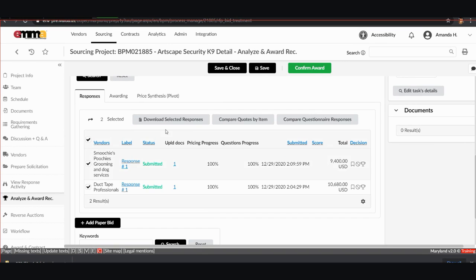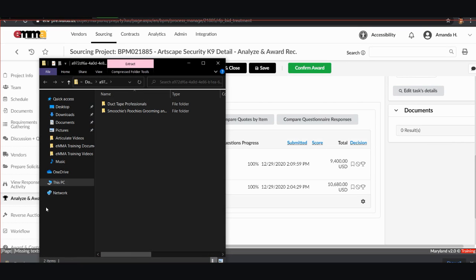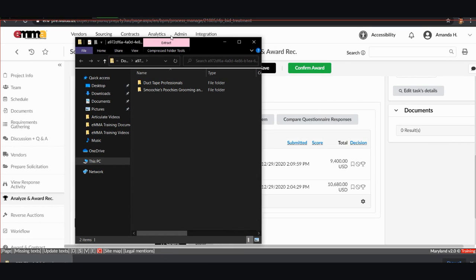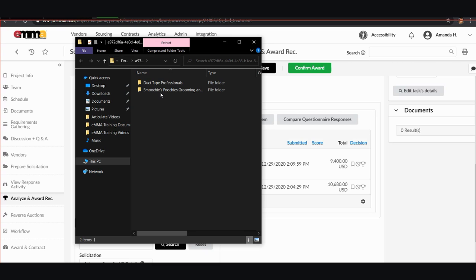So you'll notice once I clicked on this button, a zip drive of the selected vendor responses opened up. When I click on that, it opens a window and it created a subfolder for each vendor. If I double click on one of them, every single document that that vendor uploaded in response to your solicitation will be in this folder. So in this situation, this vendor uploaded 1 document, and I can go into this one, and they also uploaded